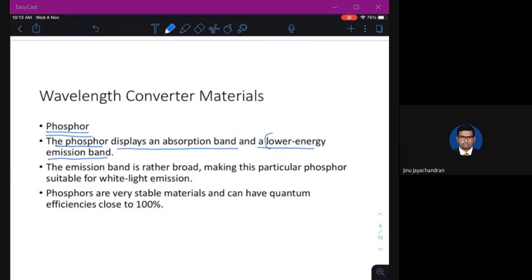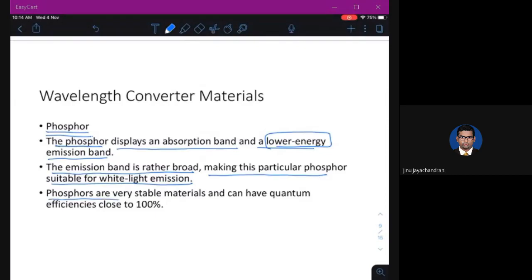Emissions are of lower energy. The emission band is rather broad, making the phosphor suitable for white light emission. A broad band means it can emit wavelengths from very low to very high values, which we can use to create white light, because white light is a combination of all these wavelengths. We will see the spectrum.